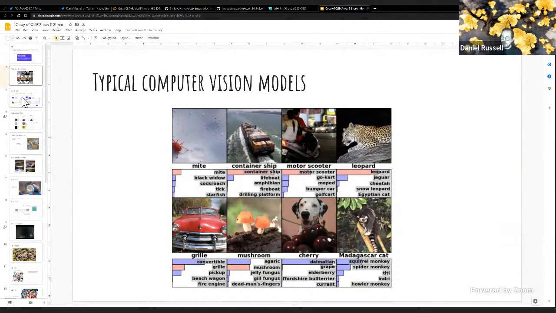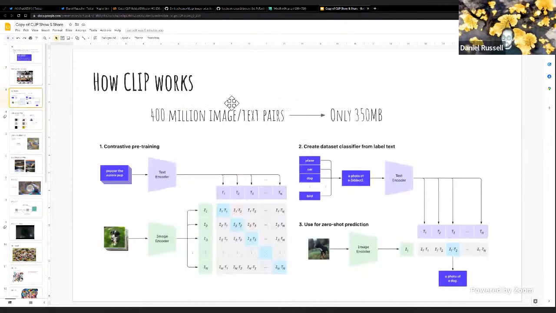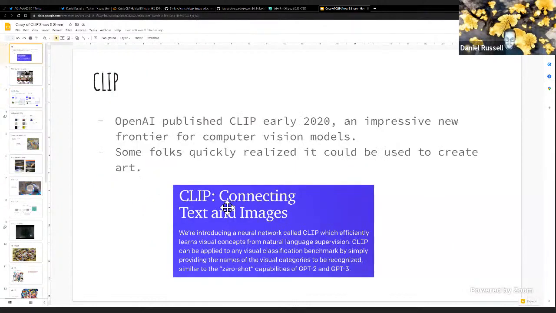What made CLIP different was that they managed to train not on specific or explicit class labels, but just arbitrary text scraped from the internet. So they managed to scrape 400 million image and text pairs from all over the internet, and they ran them through this model or architecture that OpenAI designed. CLIP stands for,